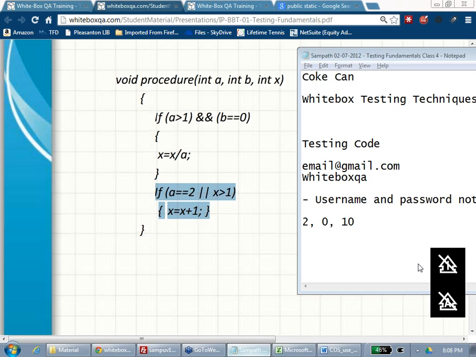X is 11? X is also dividing X by A. It will go into both the conditions. It's not a loop, it's a condition. Then X will be divided by A. Everyone, please tell me what is the answer. X equals 11 divided by A, which is 2. X is equal to 6.